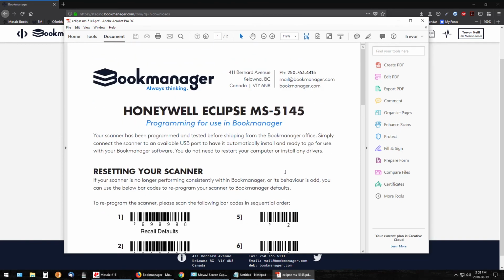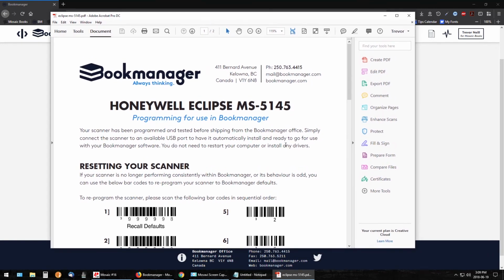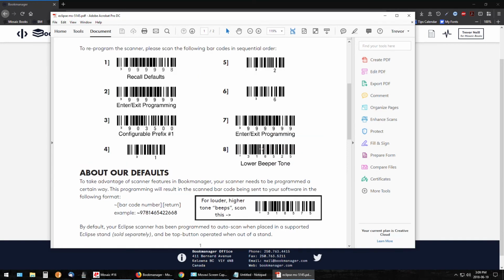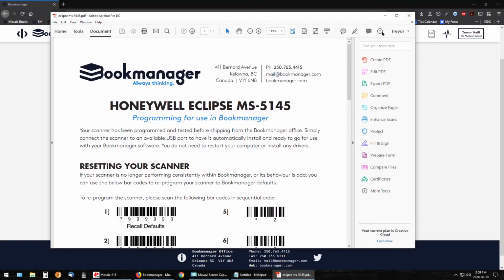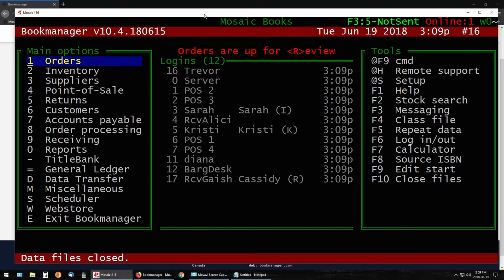You cannot scan it off your computer screen. Maybe if you have like a 4K or a super high resolution screen, you can, but for most of you, you have to print this physically and scan it, and it will reprogram it. So pretty simple fix there. Lastly, if you are unable to program your scanner with the default prefix character,